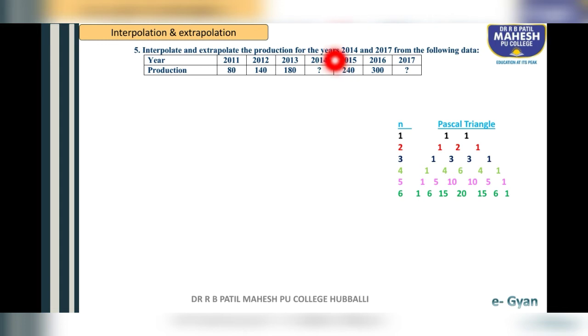Students, as you know, the first step is to identify the known values of y. Let us check how many known values of y are there here: 1, 2, 3, 4, 5. So there are 5 known values of y. This means the expansion becomes (y minus 1) raised to 5, because the known values are 5. So that's why the series is (y minus 1) raised to 5.